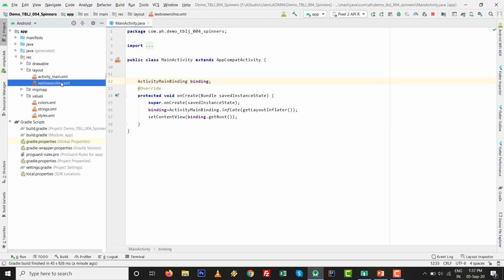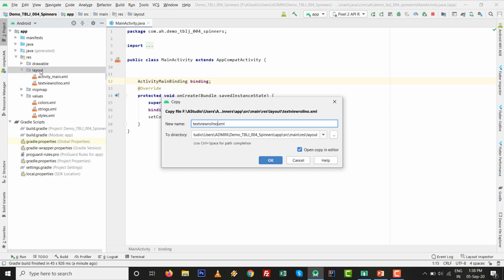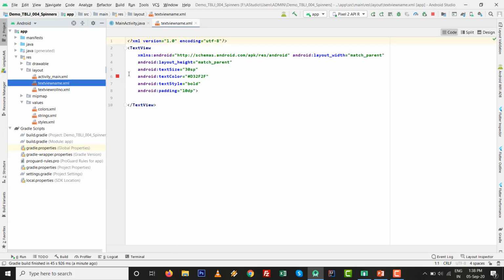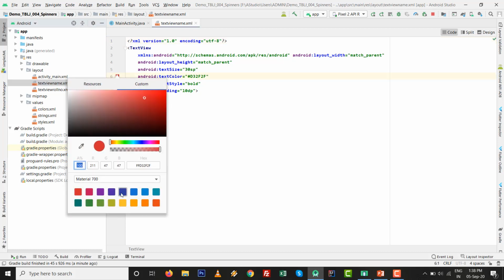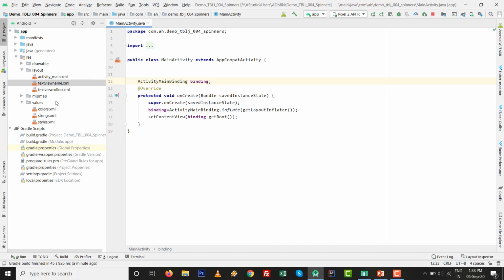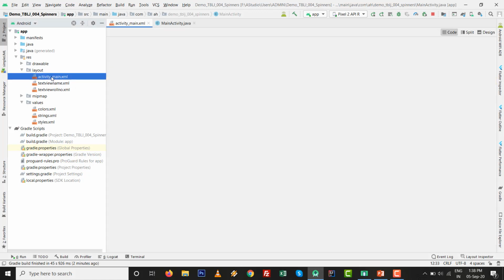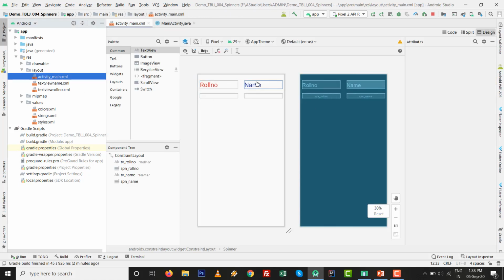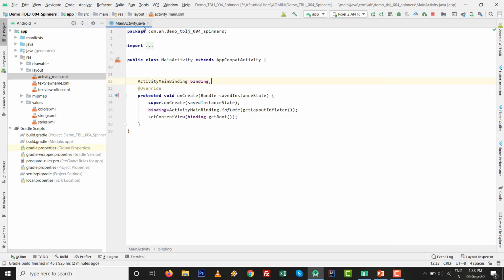Just simply I copy this one, Control C and Control V, and you can make it for the name also. We just want to change to blue, no other thing is changing over here. So roll number is inside the red and name is inside the blue, so according to that it will be set. So we just need to code only.